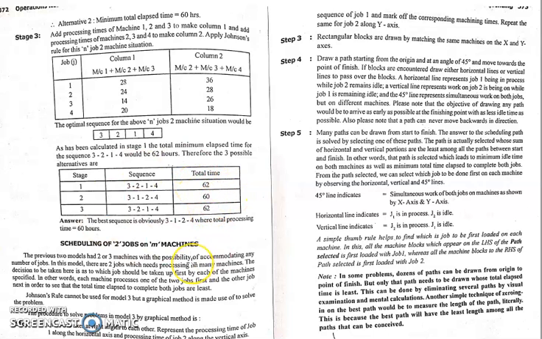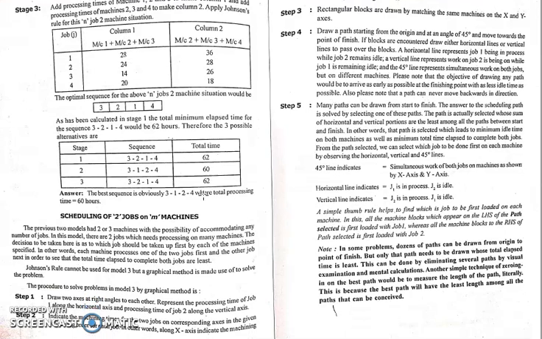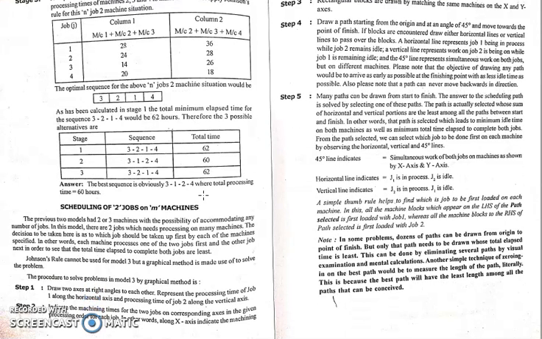So from this table we can understand that 60 minutes is the minimum total time we have got, from the sequence 3 1 2 4. So now this is going to be the best sequence possible, and this is the minimum total time to complete the 4 jobs on all the 4 machines. Okay, so this completes the third kind of problem, and this is the only one problem they have given in the textbook. Okay, in the exercise you have so many, you just solve 1 or 2 questions on this particular kind. Okay, this is important. Fine.